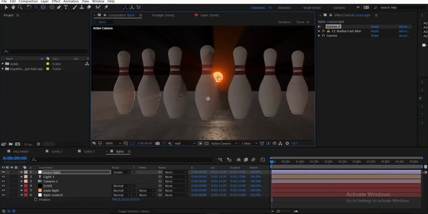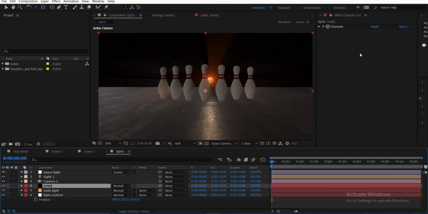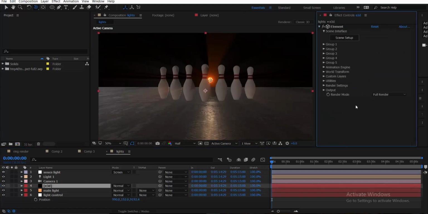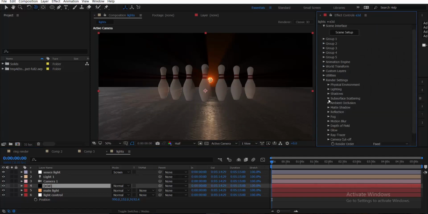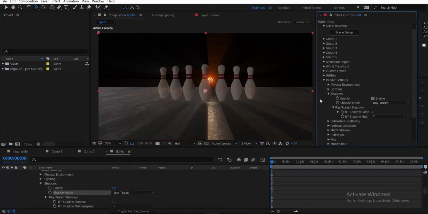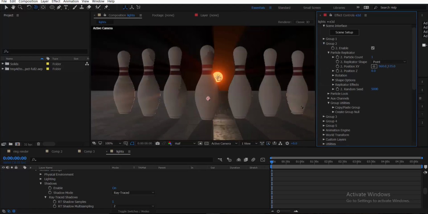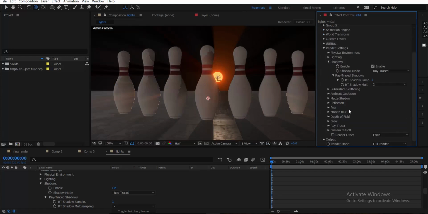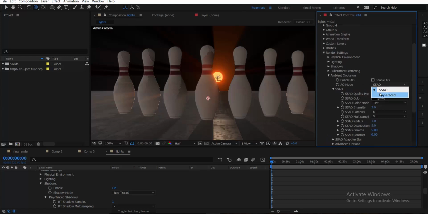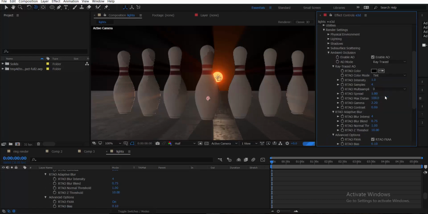So we'll work on this, but go into Element 3D, render settings and shadows, enable shadows, ray traced. So maybe your plane is a little bit down, so we'll just move it a little bit up. Add an ambient occlusion, ray traced. So maybe 2,